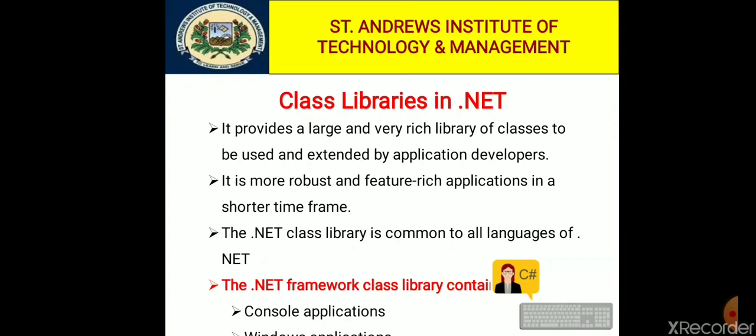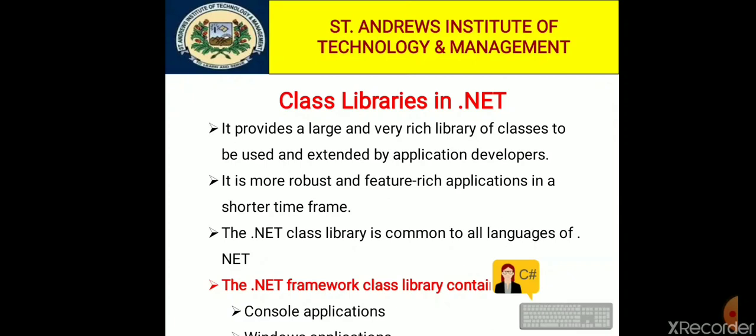The .NET class library is common to all languages of .NET. It means the way one accesses files in C Sharp will be exactly the same in VB.NET, because the class library is common. So the accessing of files from our library is common to all languages of .NET.